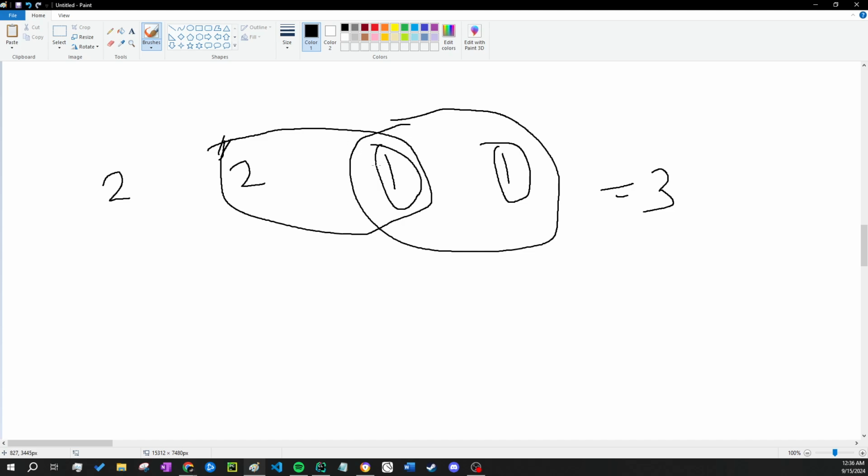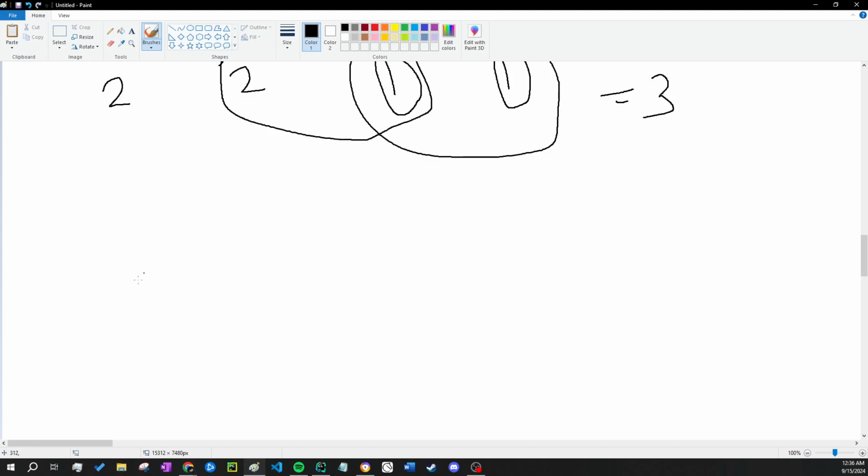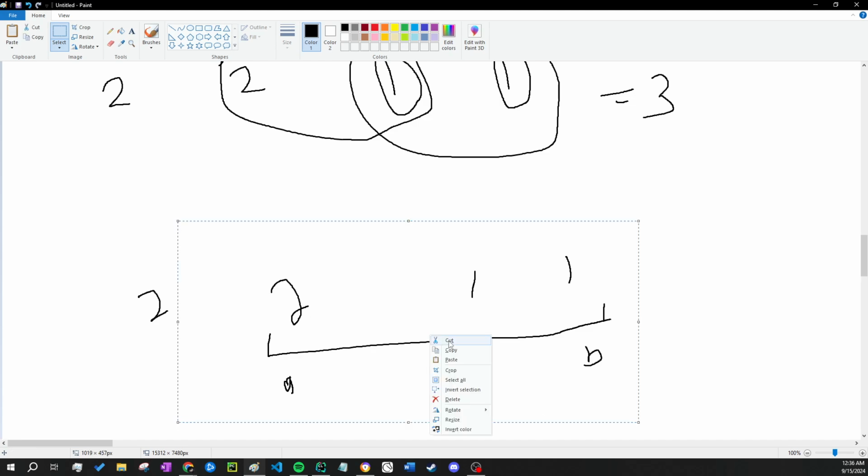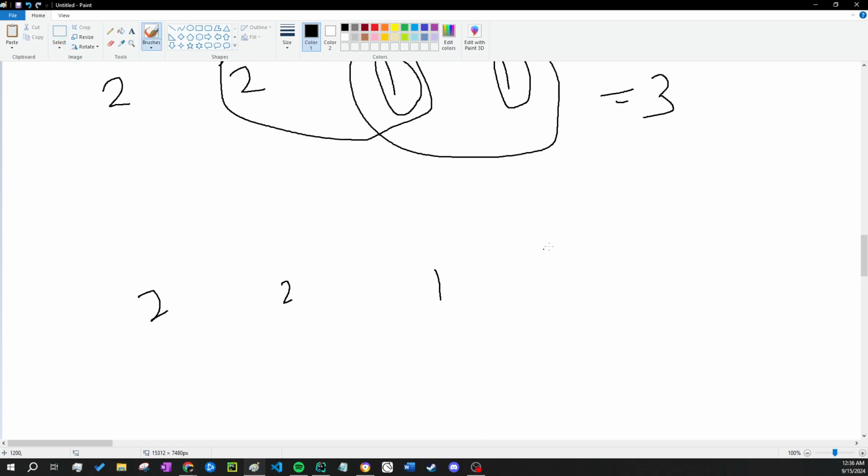Okay, I think I see an observation. In the case of 2, 2, 1, 1, if we were to get the array from A to B, and get the prefix of these. No, wait, sorry, not this one. This is not valid. 2, 1, 1, right? You have to get a prefix of these, A to B. The prefix will be 2 here, right?